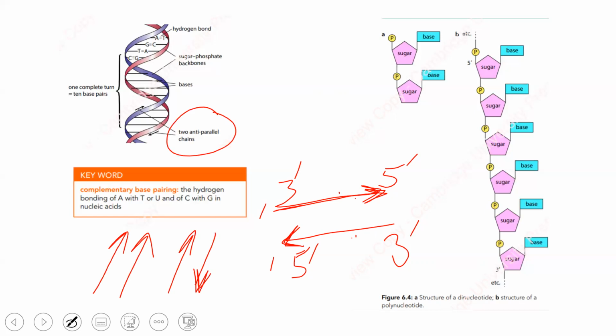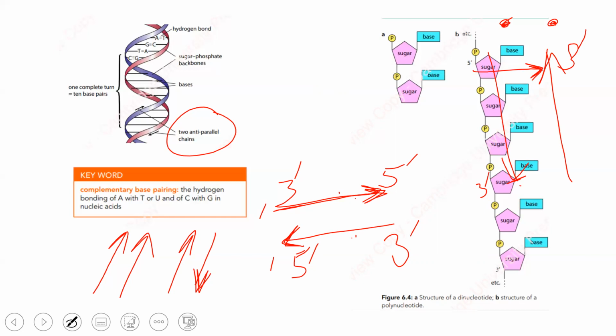Yes. Okay, so if I was standing here and you were standing over here, and I ask you in what direction the trains are running, you say, okay, this one's running 5 prime to 3 prime. And I ask you what direction the other one's going to run. So it's going to be anti-parallel. So now you know it's anti-parallel, it's going to run this way, which means its arrowhead is going to be at the 3 prime, which is here,